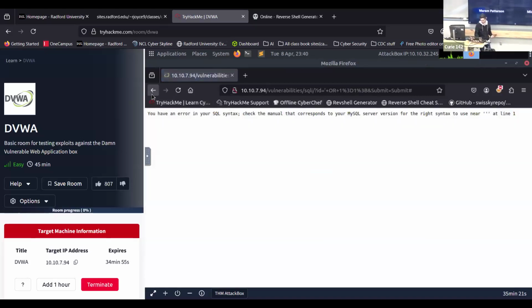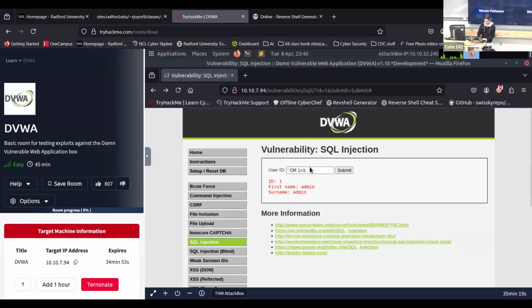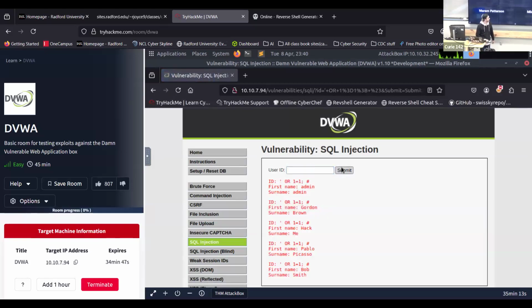You might need a way to comment out the rest of the query. I think I can use a hashtag. Yep. And now I got every single user that's in the database. There's not a lot of users in the database, but if you know there's an SQL injection vulnerability, you can start chaining other commands in. So I could probably do something like, I don't know, this is probably not a good idea,